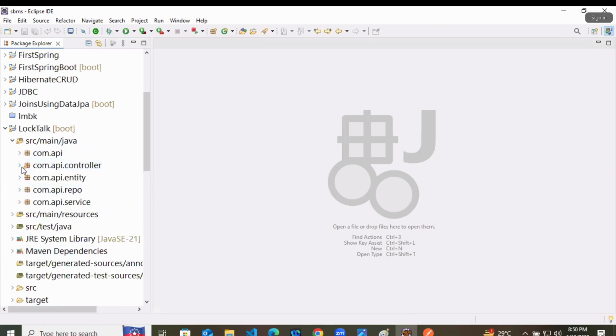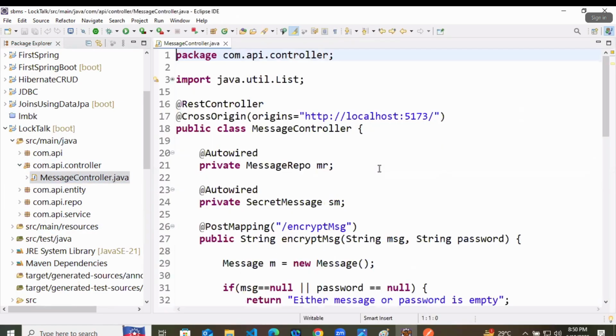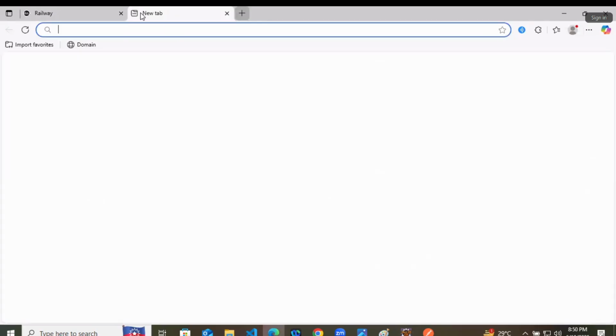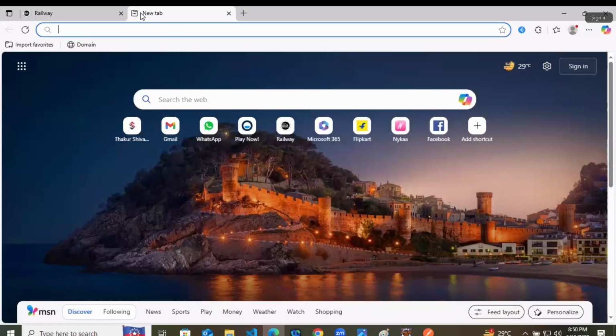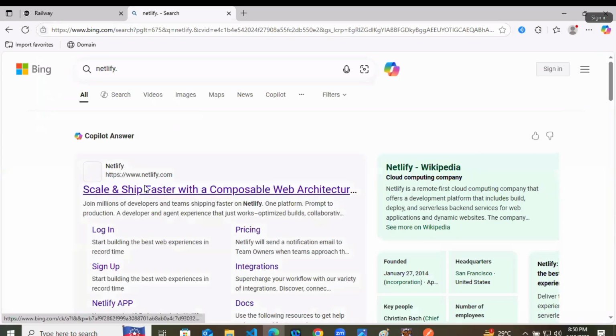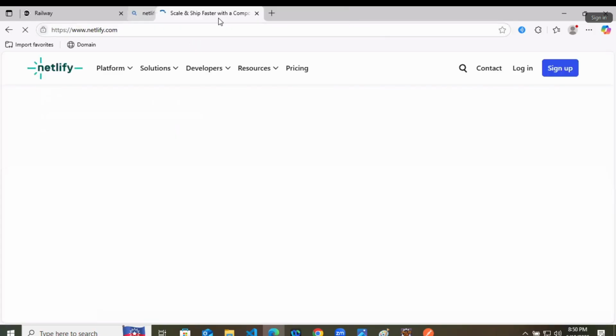In this, we have a controller, and in the controller, we are allowing cross origin, right? From which link? Localhost. So what do you think? Your front end will be on localhost only? No. Your front end will be on some other link. So if you are done with your React and all, you can deploy it by using Netlify or Vercel.